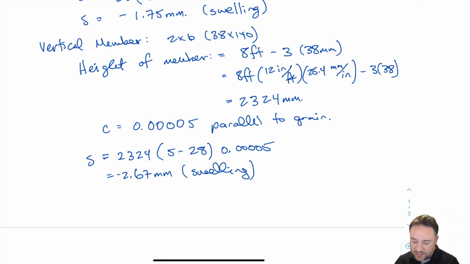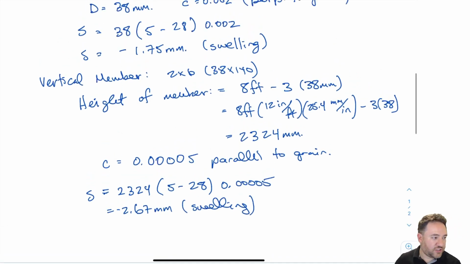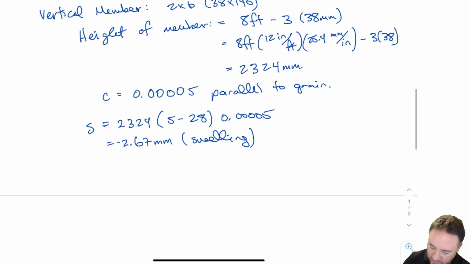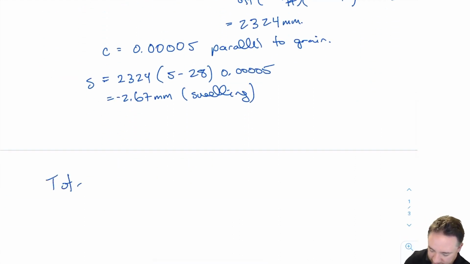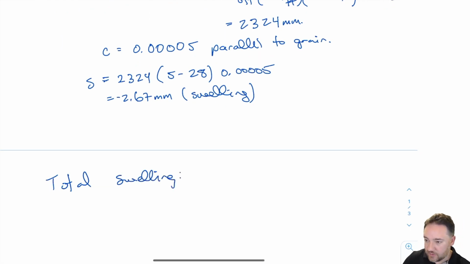Okay, so you can see that the shrinkage for the top plates and the bottom plate is 1.75 millimeters each, even though they're just, you know, 1.5 inches. And the shrinkage of the vertical member, which is much, much longer, over 2 meters long, is only 2.7 millimeters. So if I want to now find the final total swelling, we're going to have